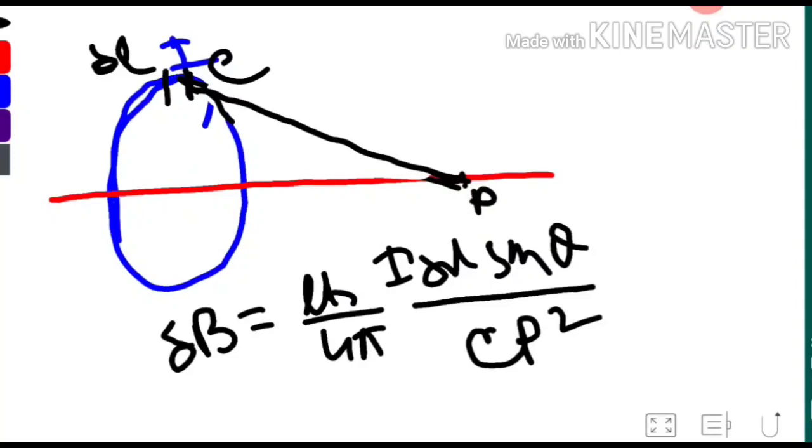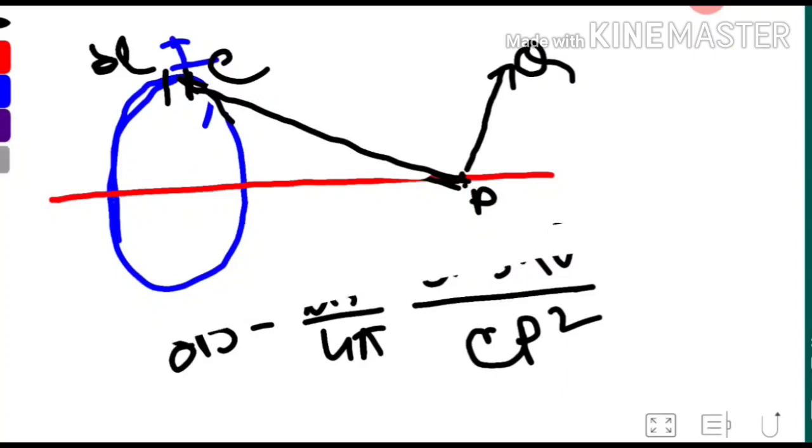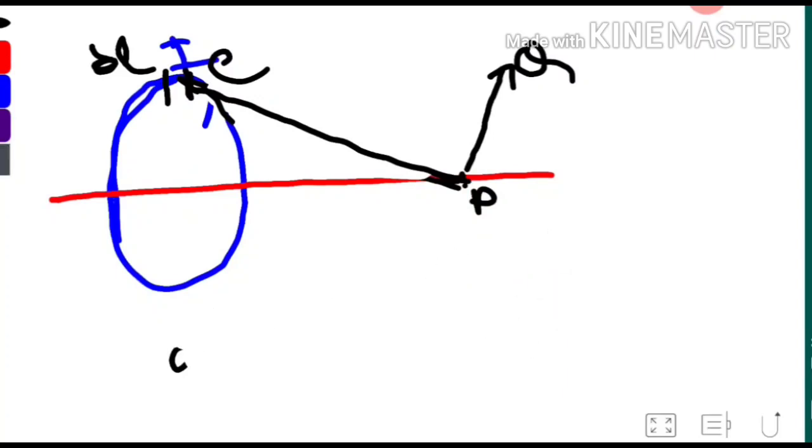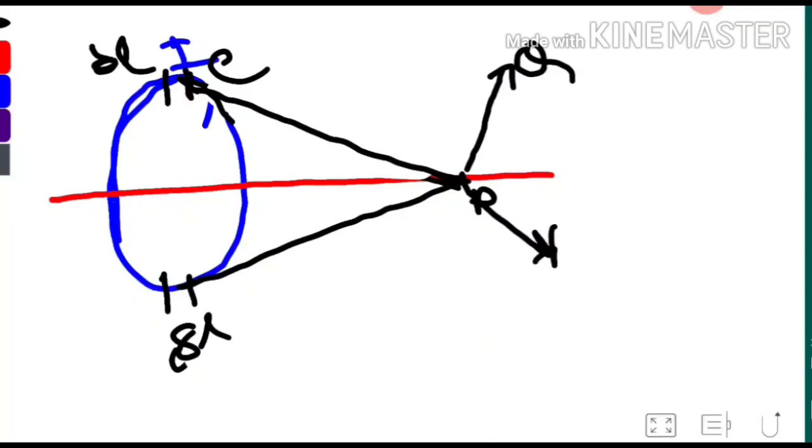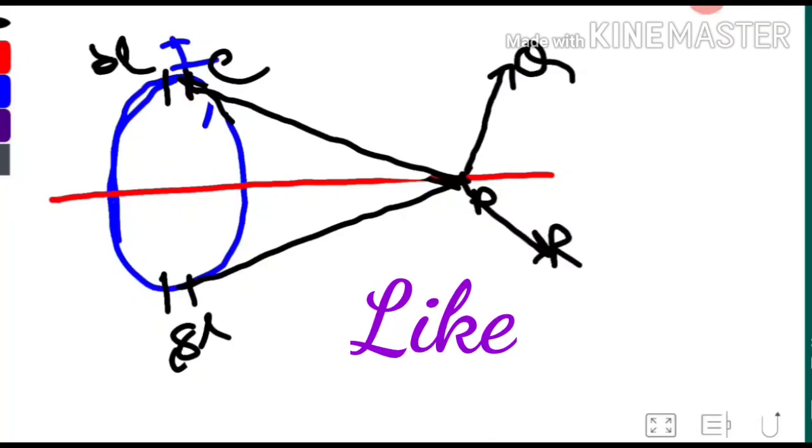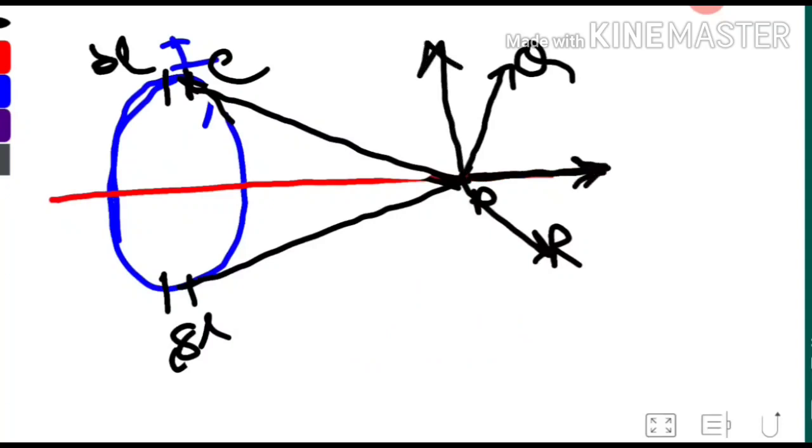Now we have to find the magnitude and also the direction. At this point the direction of the magnetic field is about in this way, PQ. Now we have to find the actual magnetic field. Let us also suppose a small portion here, delta L. There also the magnetic field is along this way, that is PR. So we can divide it into two components, one in this direction and one in this direction.